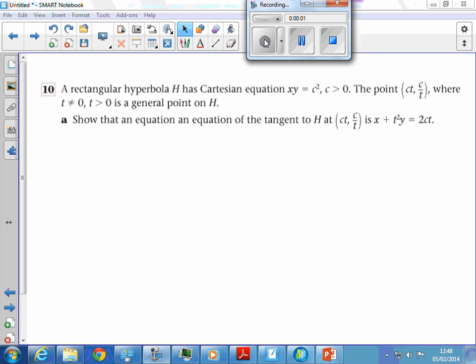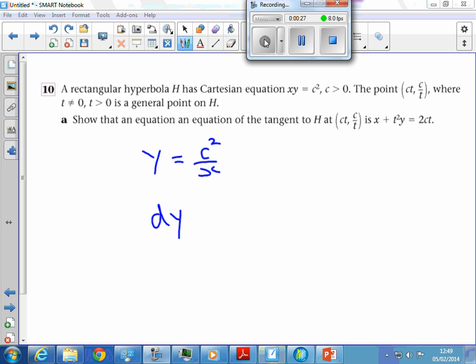The first question is to find, now, as usual, please pause and have a go before you watch the solution. This question is essentially a C1 question, okay? If we say that y is equal to c squared over x,